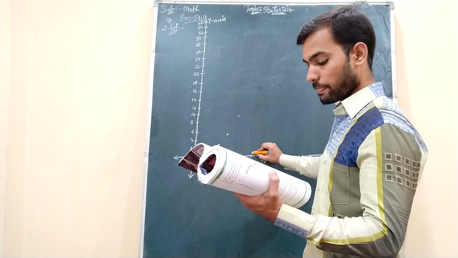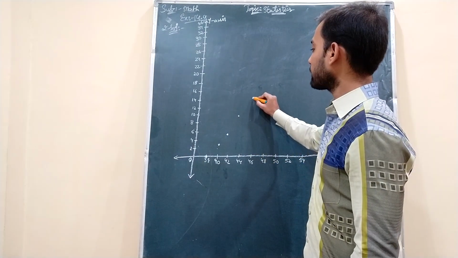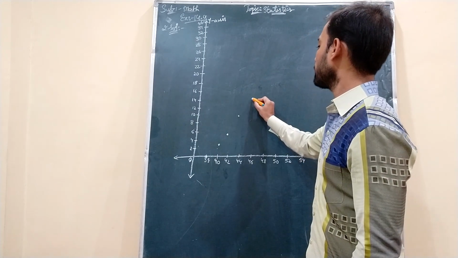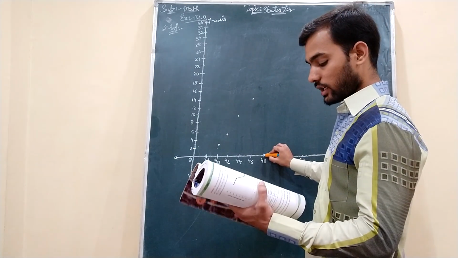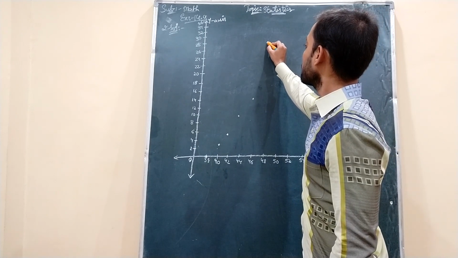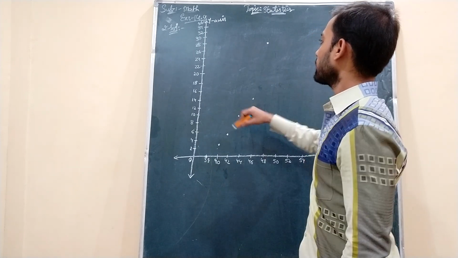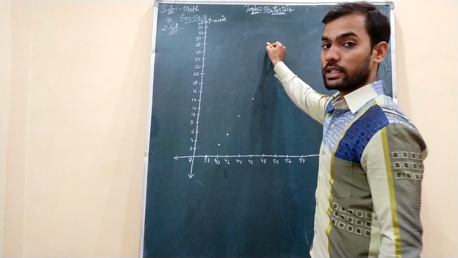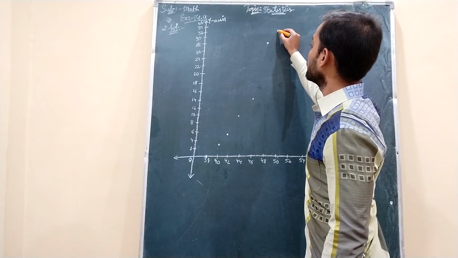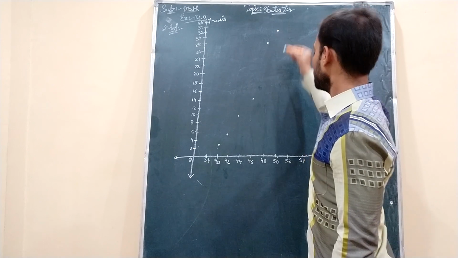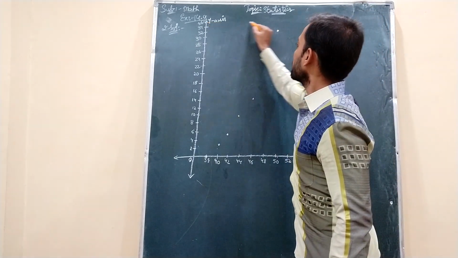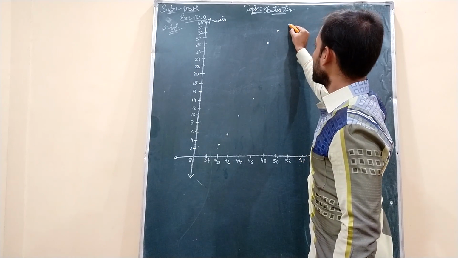On 46 it is 14. Exact 14 you are having, so plot on that itself, on 14 only. Okay. On 48 it is 28. So 28 means we are having an exact number, so we'll plot at 28 only. Then on 50 you need to plot 32. That is also an exact number. And on 52 it is 35. So in between 34 and 36 you will get 35 somewhere here.